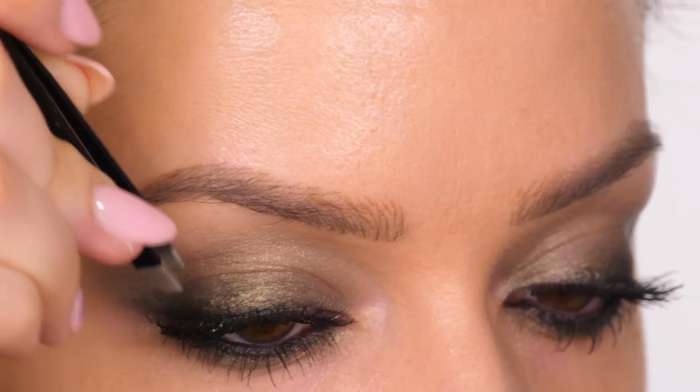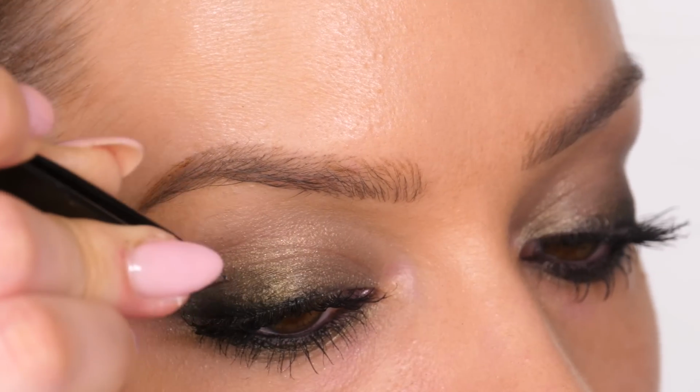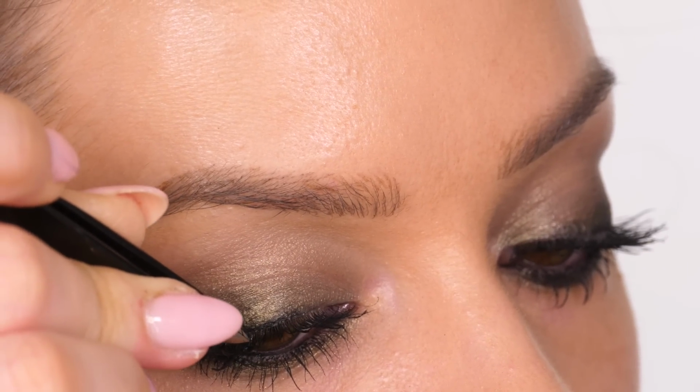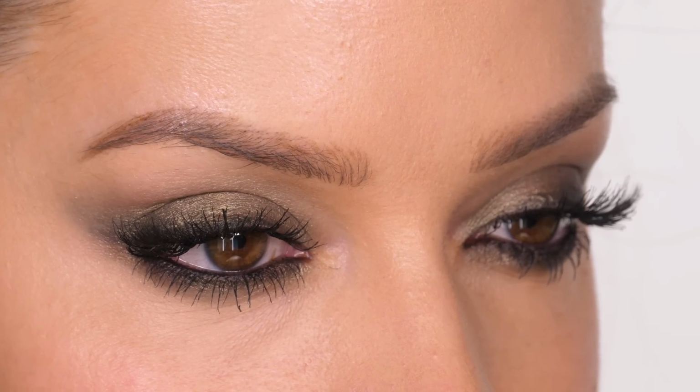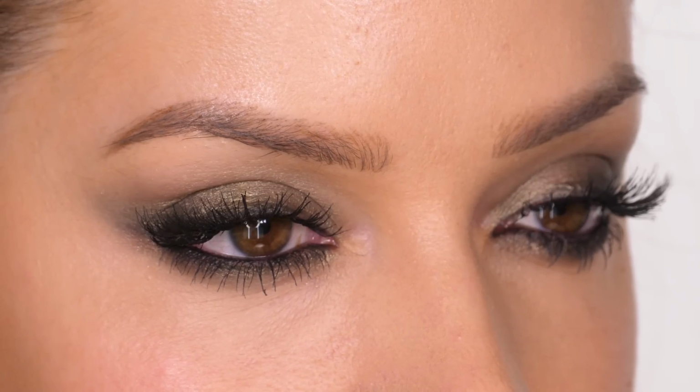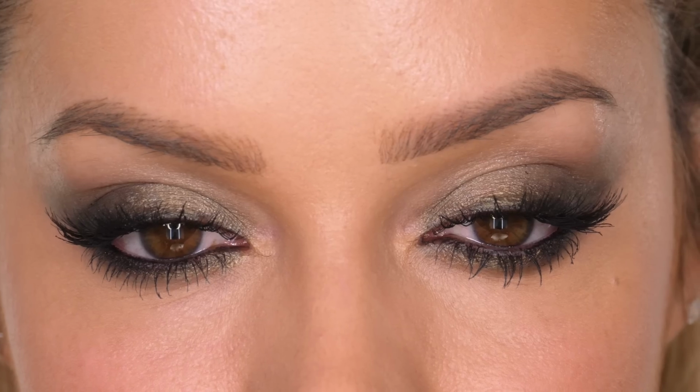To further accentuate the outer half of my eye, which is that look that we're going for, I'm applying 4 cluster lashes on each eye, and this just helps to accentuate the outer half. If you find that applying eyelashes is quite daunting, I'm going to leave a couple of my tutorials on screen for you because I have a few eyelash hacks and how-tos. As you can see, it's nothing too intense, but it just makes that outer half look a little bit fuller